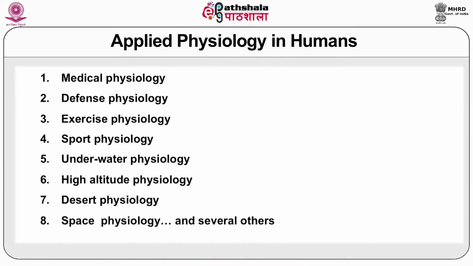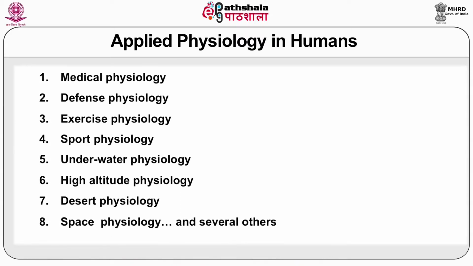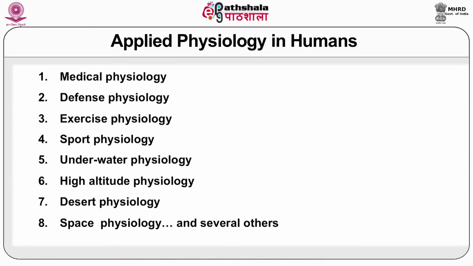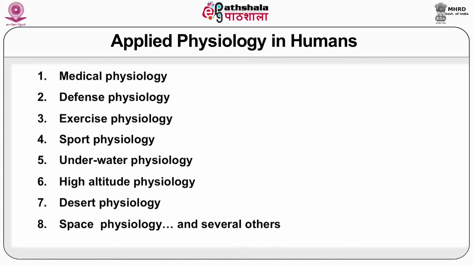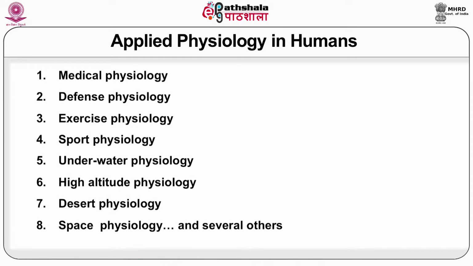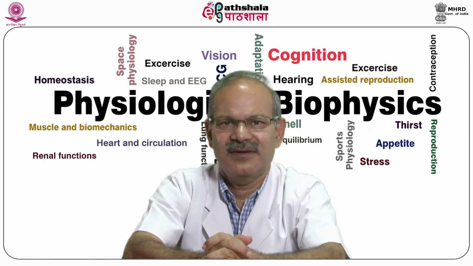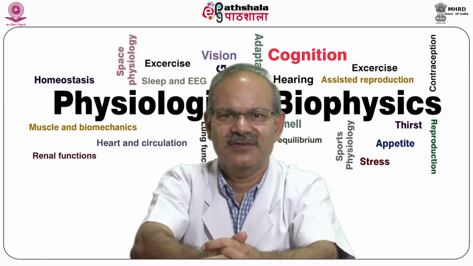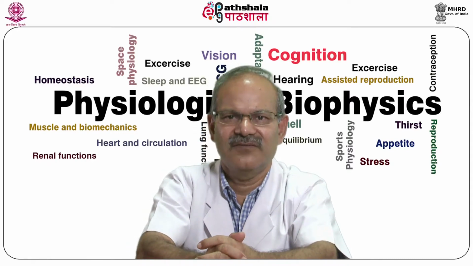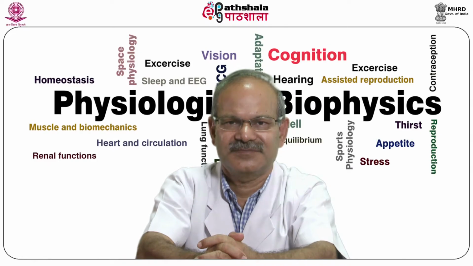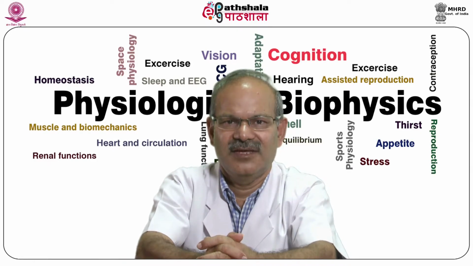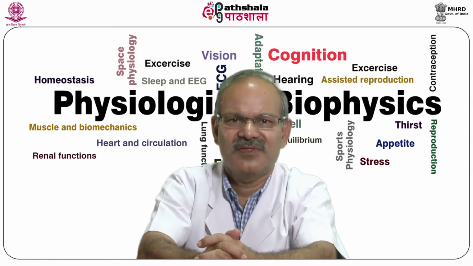The most important application of physiology is medical physiology, where the knowledge of physiology is applied to understand illness and or behavior. Here the physiology is used to explain the symptoms, and also the basic knowledge of physiology is used to design and intervene the disease process. Therefore, physiology also forms the basis of